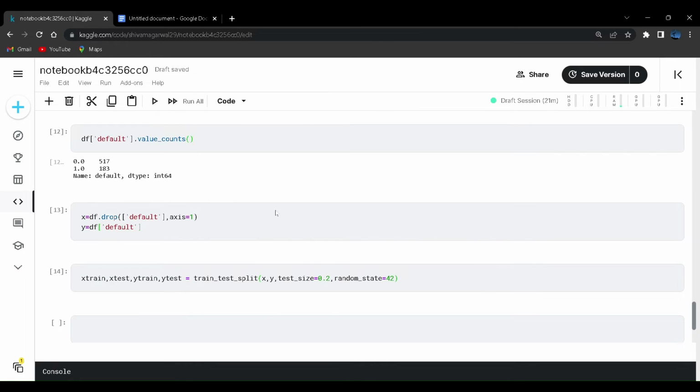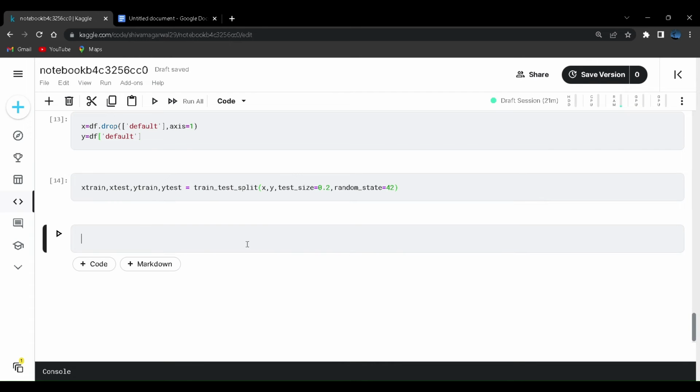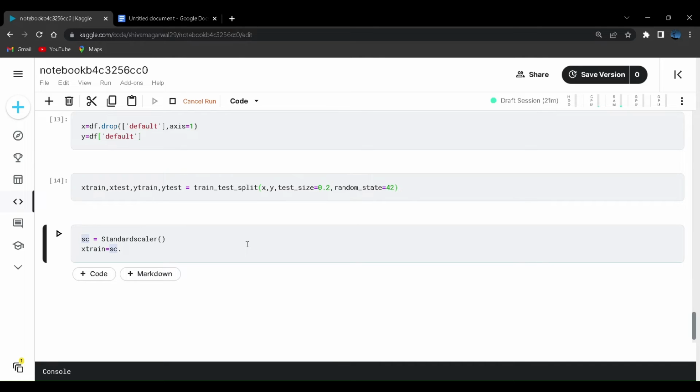Okay, so to initialize it, you can create a variable. You will say StandardScaler. This will initialize it. Next, you want to scale the X values. X train equals your variable name, and next will be a function provided by this module, that is fit underscore transform. This fit underscore transform function will scale all the values of X train and put it back into the same variable. Similarly for X test,